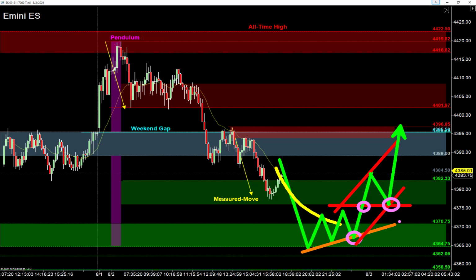Trade the turn. Again, we're not going to trade this off a 7,000 tick chart like we're watching right now. We're going to drill down, and again, you'll learn these setups in the free quick start class. But we'll drill down, find those failures, those traps, those pullback combinations, and of course, we're going back up right